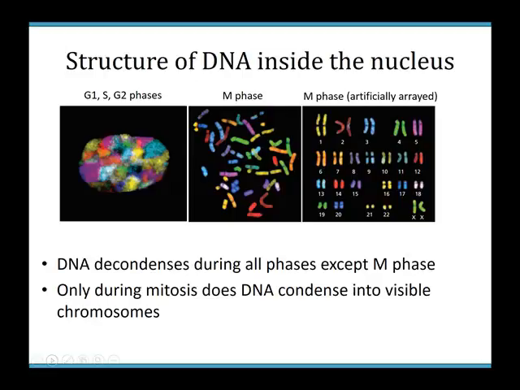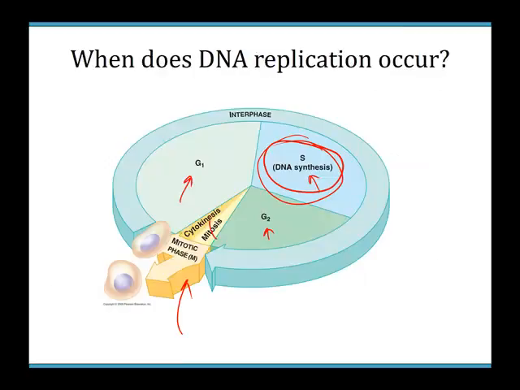Alright, this is also a little bit of a reminder too. Recall that when we look at DNA inside the nucleus, most of the time, and here's the nucleus right here, I'm outlining the nucleus in red. Most of the time our DNA is what we call decondensed. It's all spread out. It's not tightly compacted. So DNA is decondensed during interphase. Remember, interphase is G1, S, and G2. The only time it really starts packing down